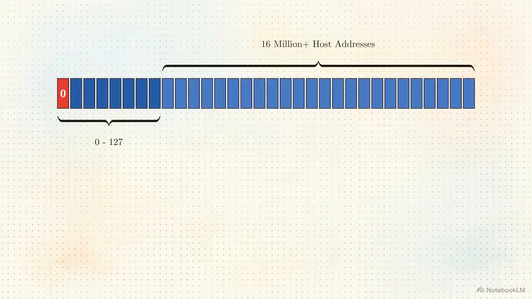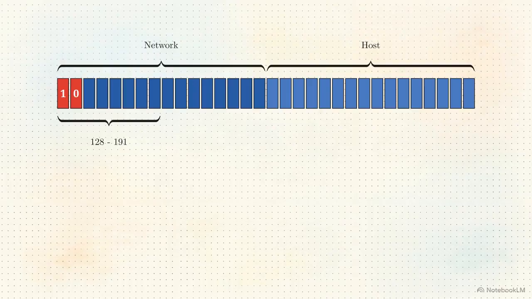Class A locks the first bit to 0, restricting the decimal range to 0 through 127. This leaves 24 bits exclusively for individual host addresses, creating room for over 16 million devices per network to provide capacity for ISPs. When an address starts with a 1, the system moves to Class B, locking the second bit